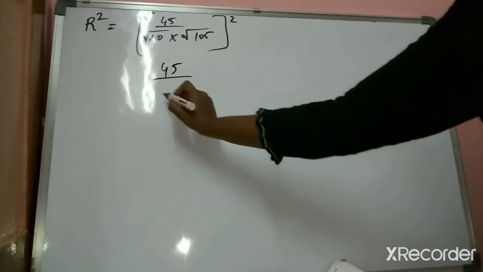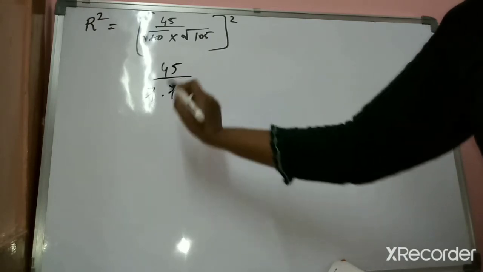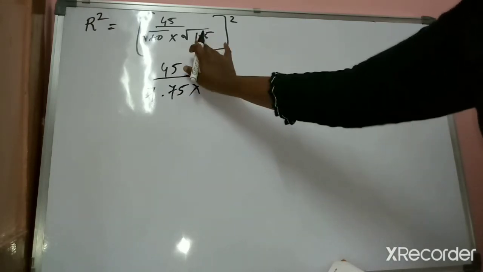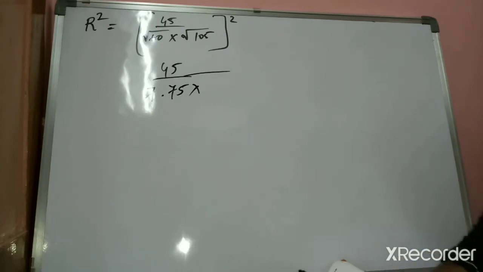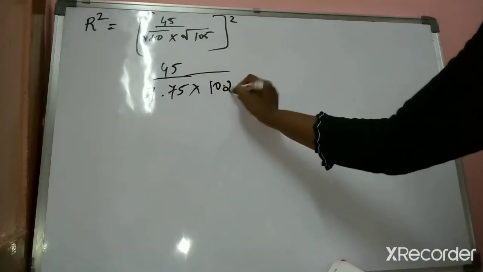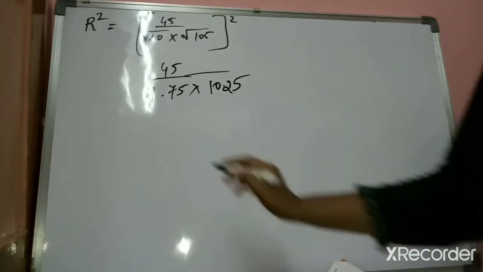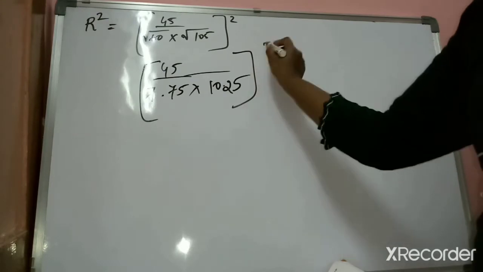So it would be like this. I got the answer as 7.75 into the square root of 105. Just do it, 105 and the square root. So it is 10.246. So just take the round figure as 10.25. Clear? Then you have to do the squaring.